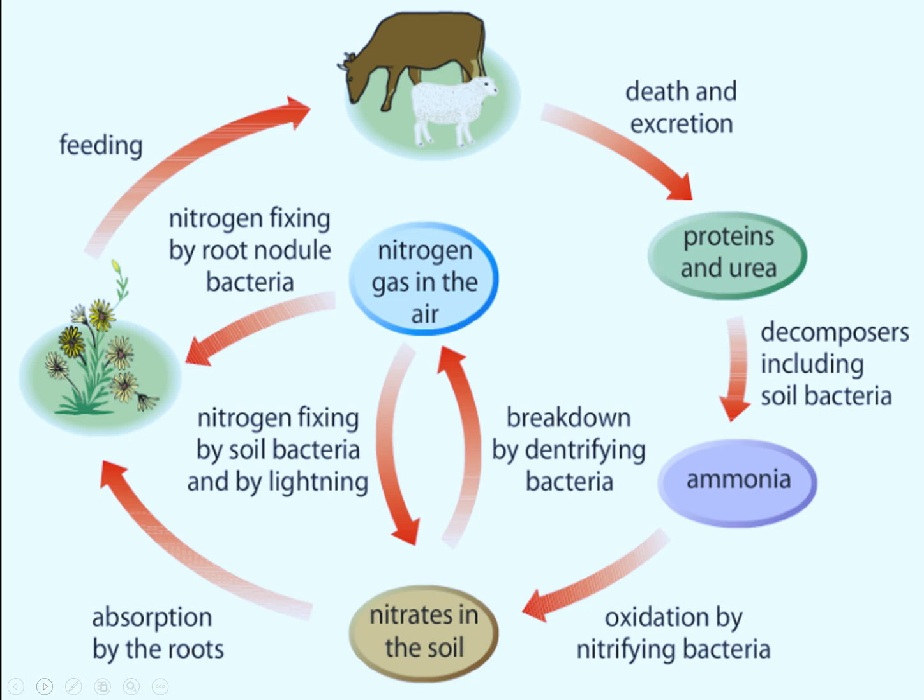So here's our summary diagram to show the nitrogen cycle. Make sure that you know the names of the different bacteria: decomposers, nitrifying, denitrifying, and nitrogen fixing. There are 4 bacteria. Make sure you know what they act on: proteins and urea for decomposers, breaking them down into ammonia. Ammonia broken down into nitrates for nitrifying bacteria. Nitrates into nitrogen for denitrifying bacteria, and nitrogen back into nitrates for nitrogen fixing, okay?